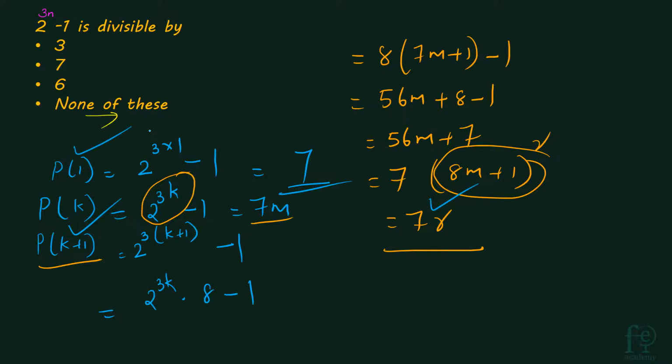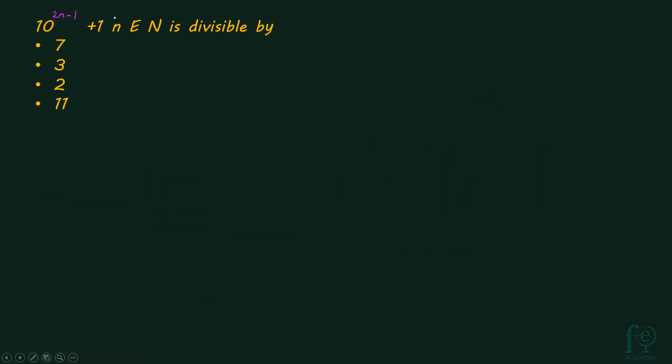So P of 1 is true, we assumed P of k is true, and we got P of k plus 1 is true. So what is our final answer? Our final answer will be 7. 2 raised to 3n minus 1 is divisible by 7. Now our next question. 10 raised to 2n minus 1 plus 1 for every n belonging to N is divisible by